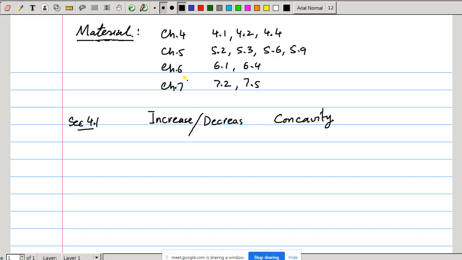Okay, so now you see in increase and decrease we work with f prime of x. If f prime is positive, so we work with f prime. For concavity we work with f double prime, right? F double prime gives you concavity, upward or downward. So what you have to do is